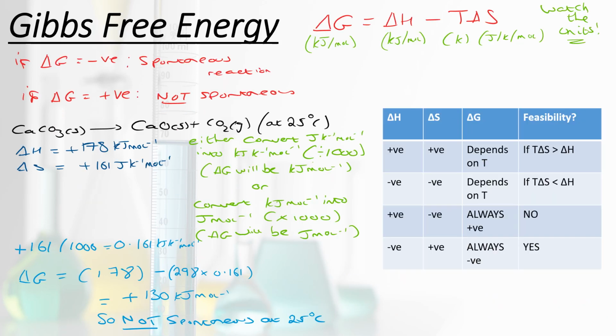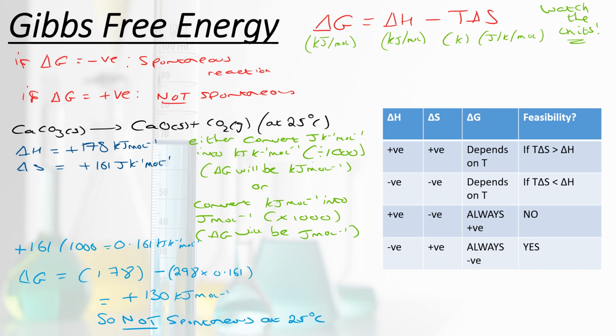And the trick that we use to get around this is to derive an equation that we call the Gibbs Free Energy. Now the derivation of this obviously isn't required for A level, but essentially what this derivation does is allow you to express the entropy change of the surroundings in terms of properties that relate to the system, which we do know, we can calculate. And by doing some algebraic manipulation, we end up with this equation for the Gibbs free energy.